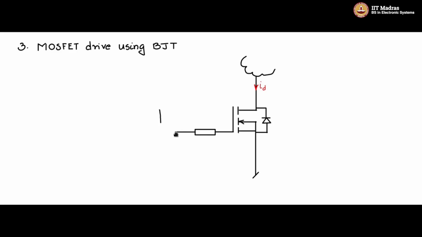Now the source for this gate is coming from the BJT drive circuit, and you can adjust the sourcing and the sinking capability to whatever value of Ig plus you would like to give to the gate drive of the MOSFET. So with BJT drive circuits, stage by stage you can enhance the Ig plus value to get faster and faster turn on and turn off speeds. So at this point, let me put an NPN PNP combination totem pole directly across VCC,